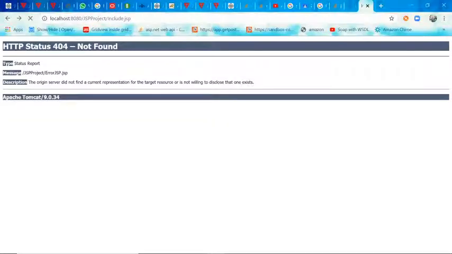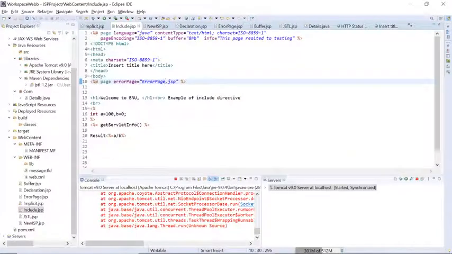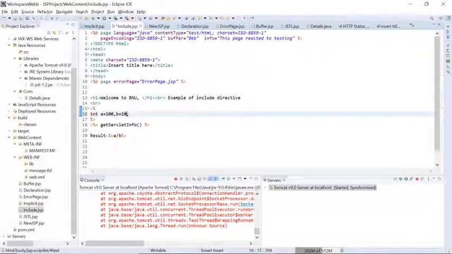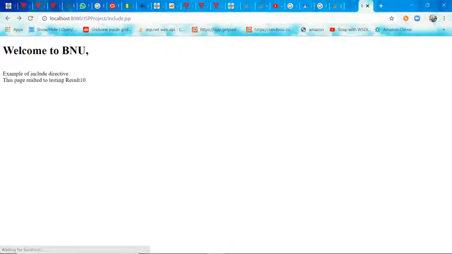Fine. You can check out, instead of displaying the error, it is saying: sorry for inconvenience, tech team have received the issue. For more detail, please contact the support team. Okay, we will remove this error and once again run this. You can check out, it is showing us the result.